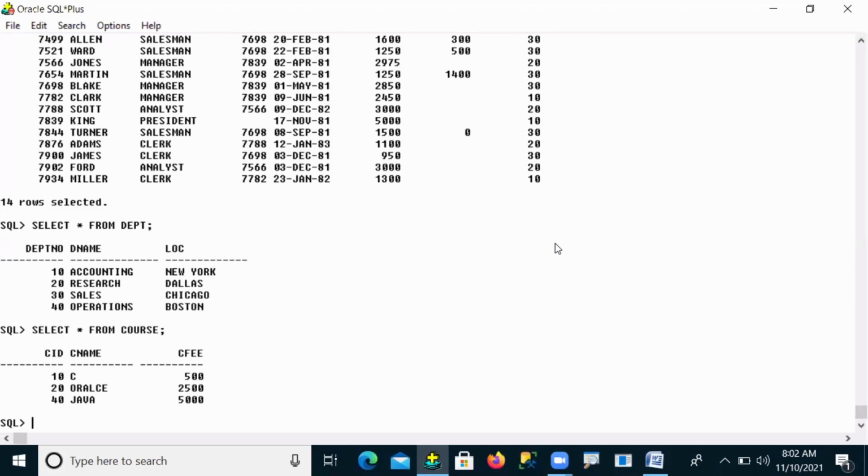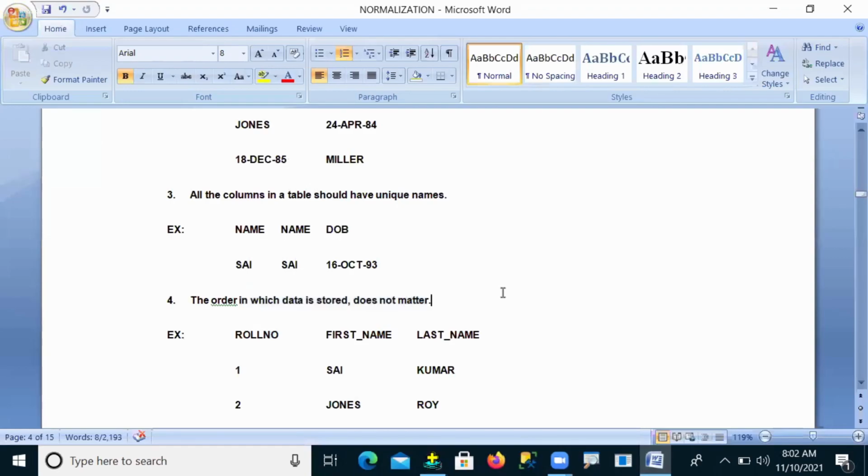This is the best example of first normal form. Any table we design in our Oracle comes under a normalization table. This is our first normalization technique.